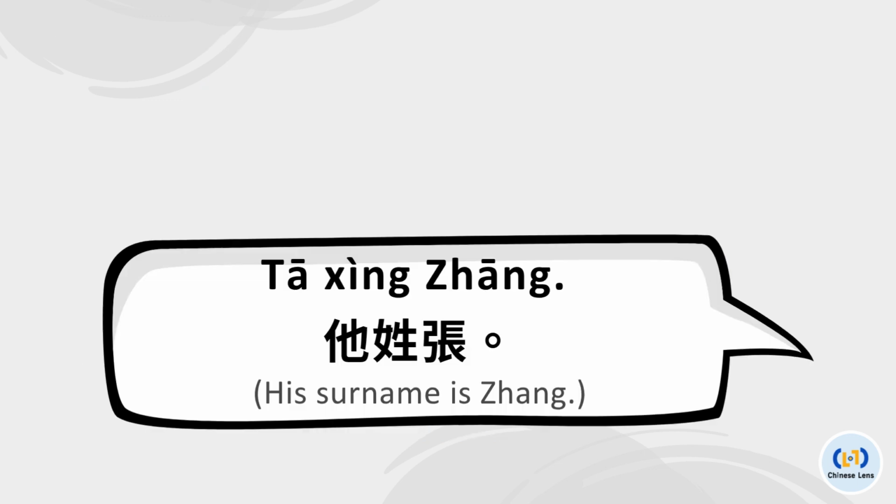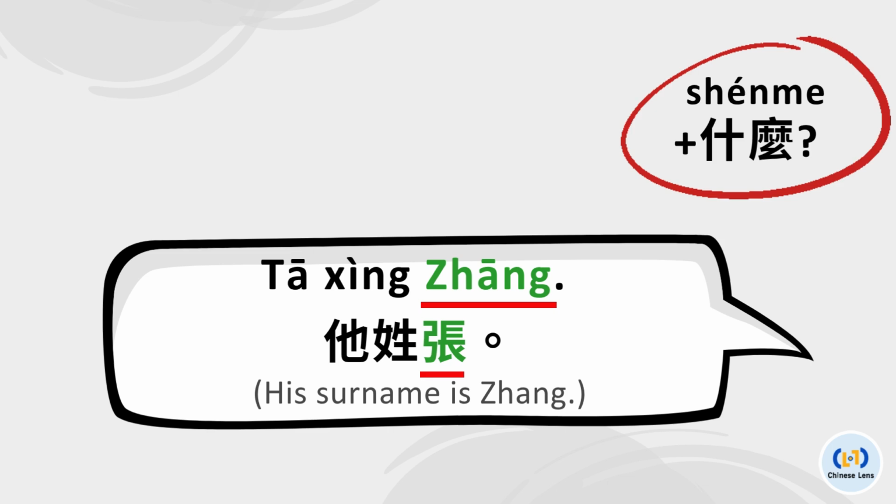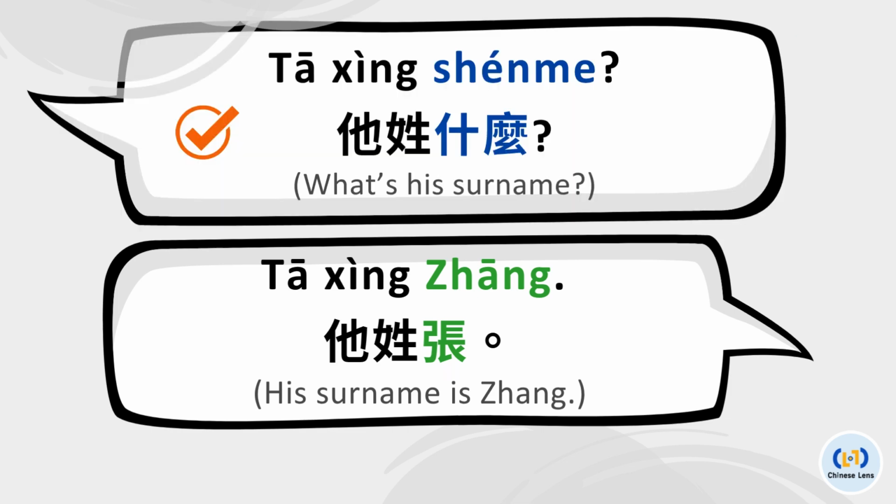If you see a statement like, 他姓张。他 means he, 姓 means surname, 张 is a common surname in Chinese, 他姓张 can be translated to his surname is Zhang. If you want to ask what's his surname, you can replace the noun 张 with 什么 to turn it into a question. For example, 他姓什么？